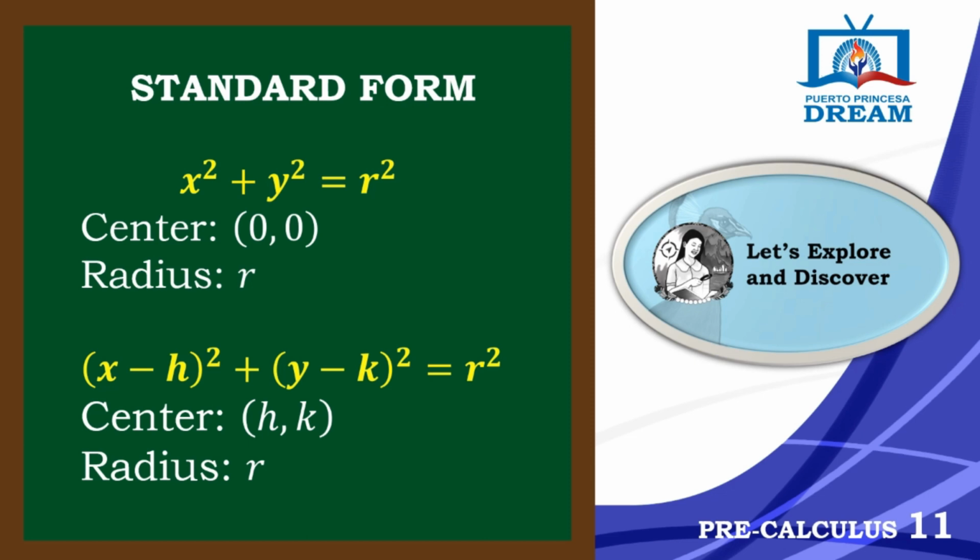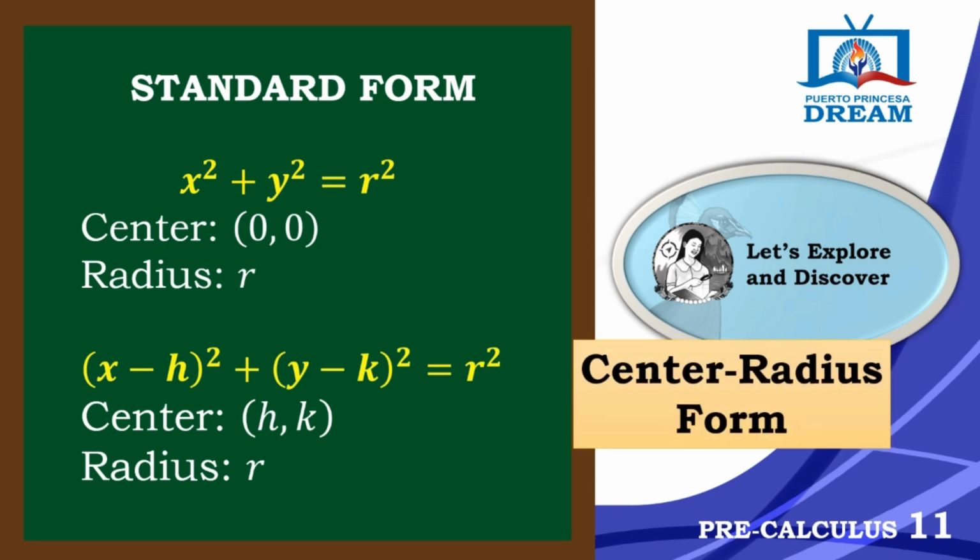Take note that these two standard forms of the equation of a circle are also known as the center radius form. Meaning, you can write the equation of a circle by just using the coordinates of its center and the length of its radius. Let's have some